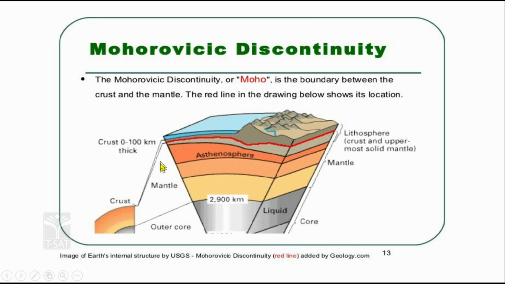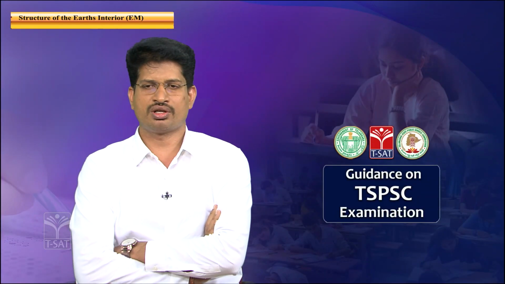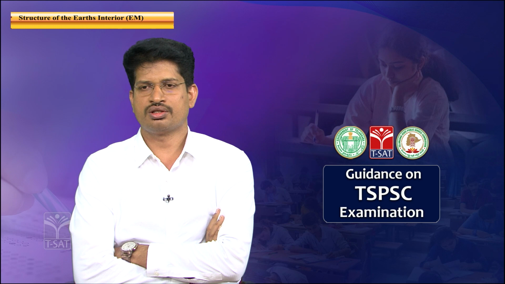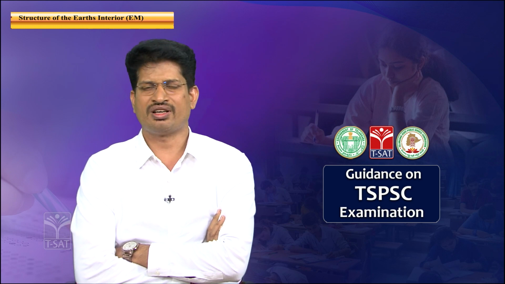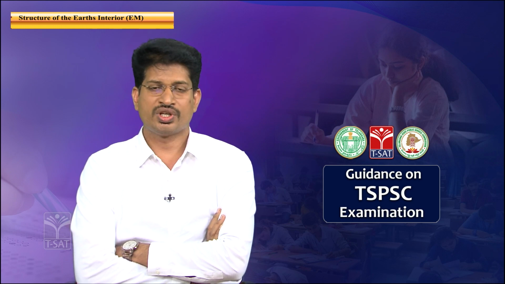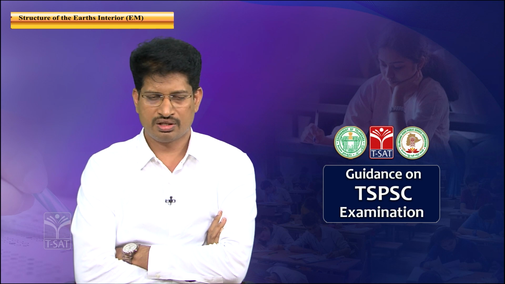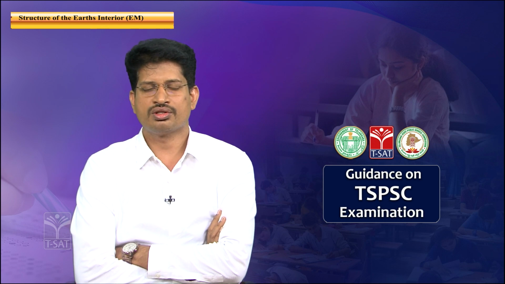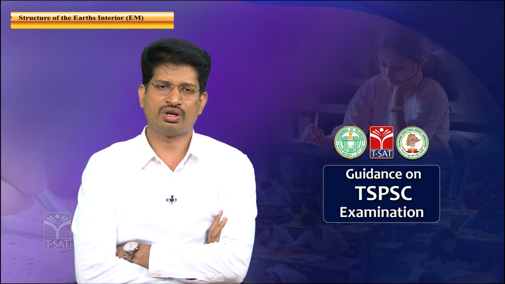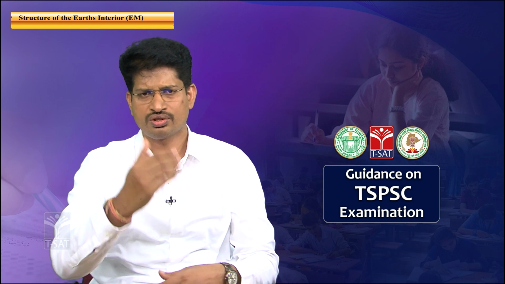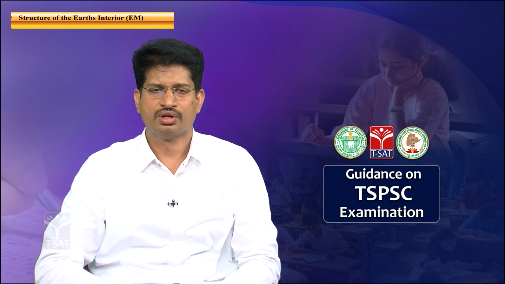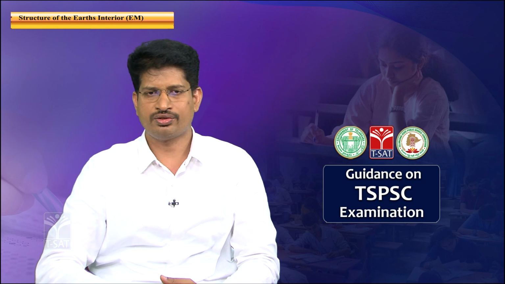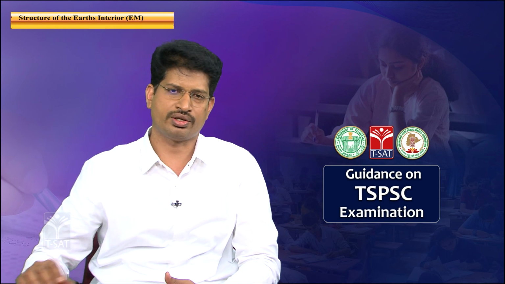There is a layer known as the Mohorovičić discontinuity within the lithospheric plate. As I have already mentioned, a discontinuity in the Earth's layers implies that there is a change in the state of the layer. The discontinuity is from a solid to a semi-solid state. One such discontinuity exists here beneath the Earth's crust in the lithospheric plate.